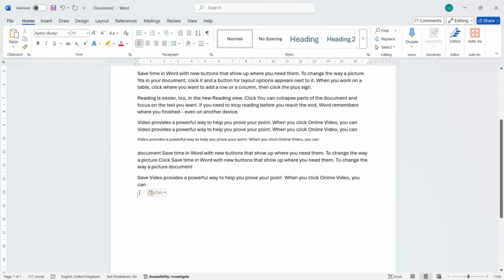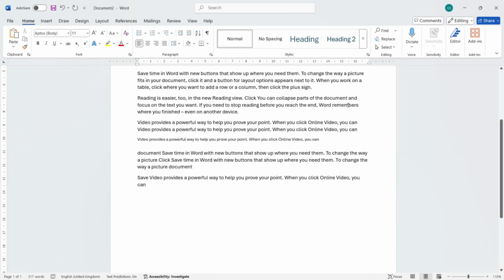The shortcut to undo something is Ctrl Z. So if we press Ctrl and Z, it will undo our last action, which in that case was to paste that phrase. So it's now been deleted. And to redo an action, the shortcut is Ctrl Y. And as you can see, it redid our last action, which was